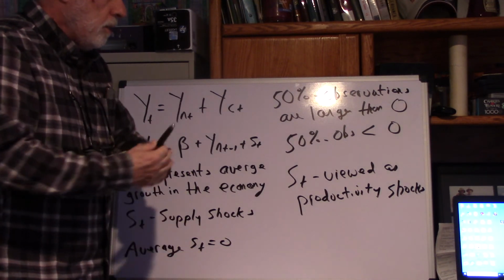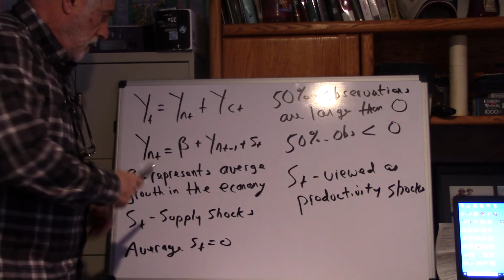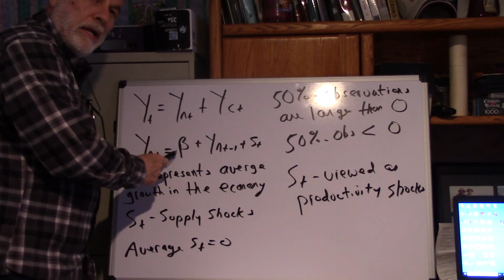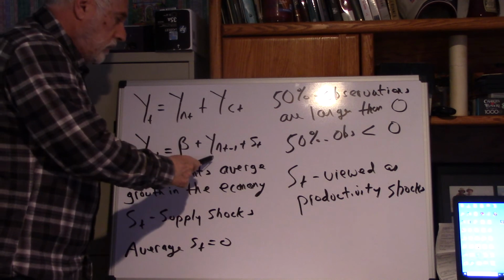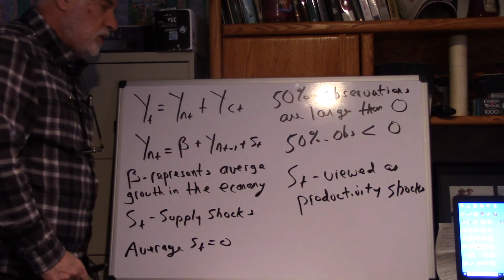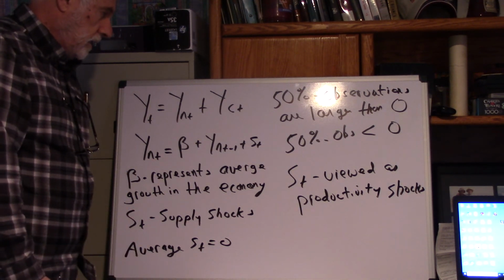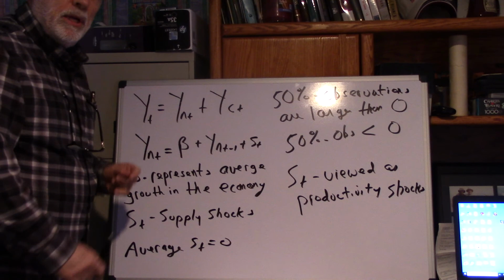So, if we can step back, the natural level of output has three parts: the constant growth rate, beta, also what the natural level of output was last period, and plus what the supply shock is going to be. And a supply shock will sometimes be positive and sometimes be negative. So, let's stop here and